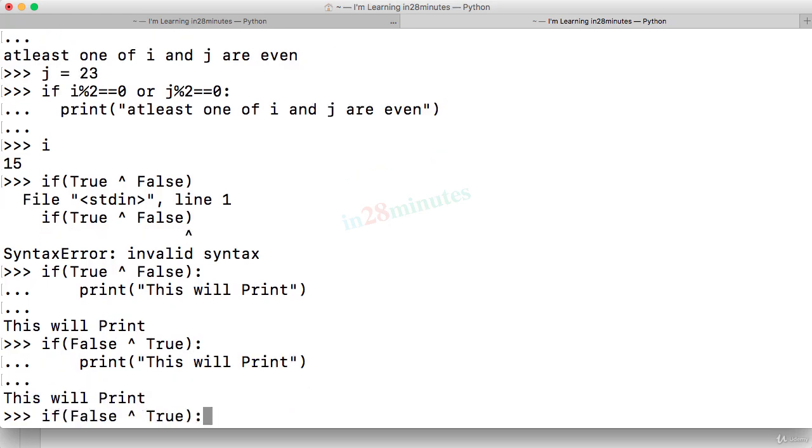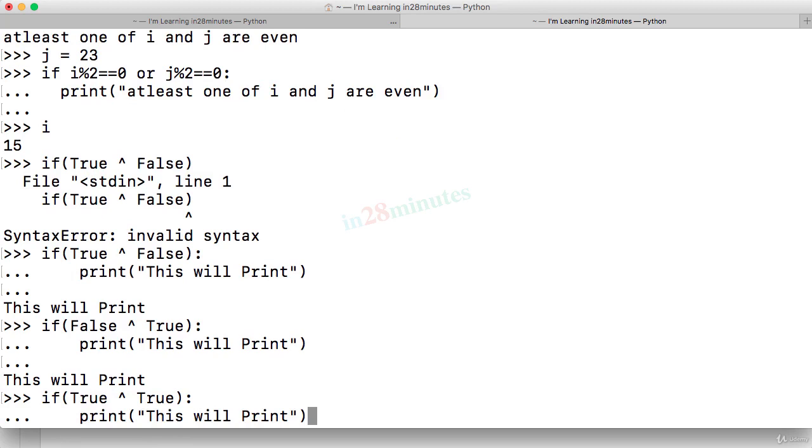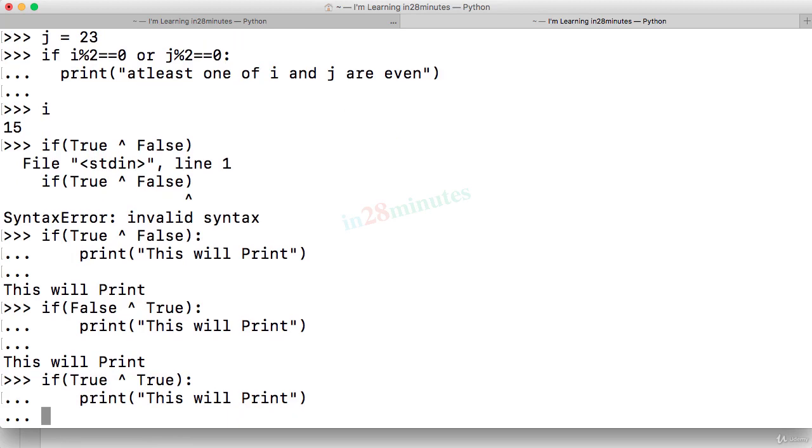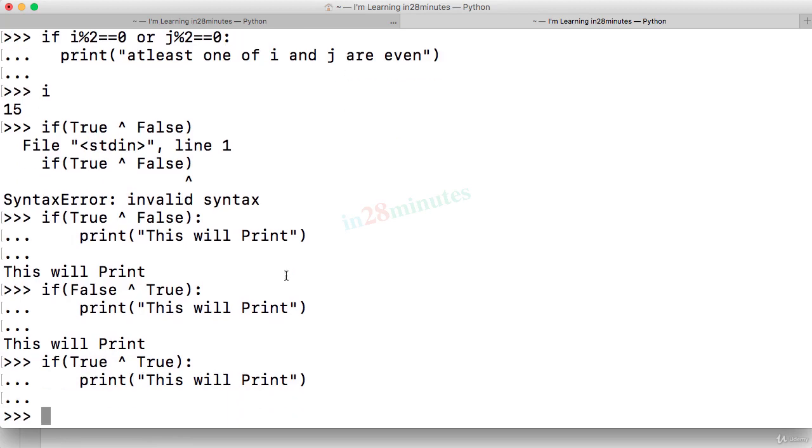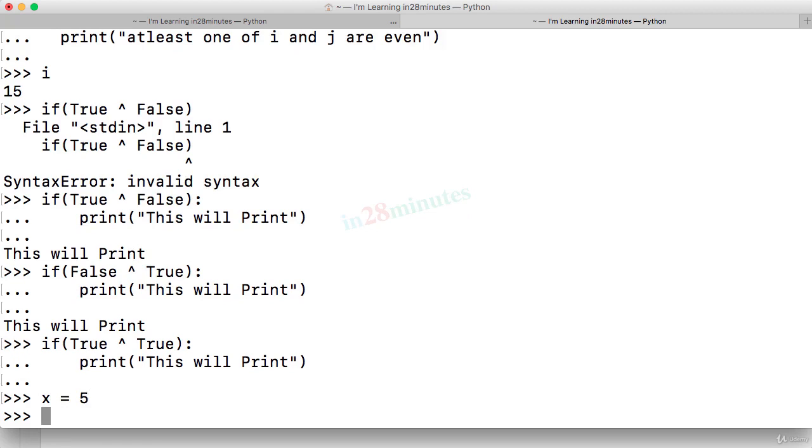Now, what would happen if both of them are true? Will it be printed? Let's see. Nope, it's not really printed. So you'd use XOR in situations where you'd want one of the operands to be true and the other to be false. Let's say x has a value of 5 and I would want to check if